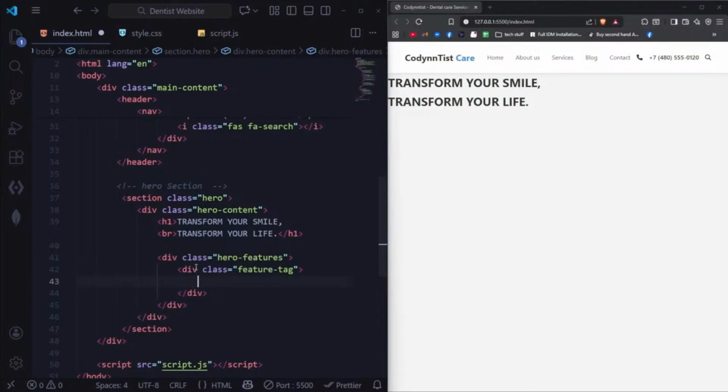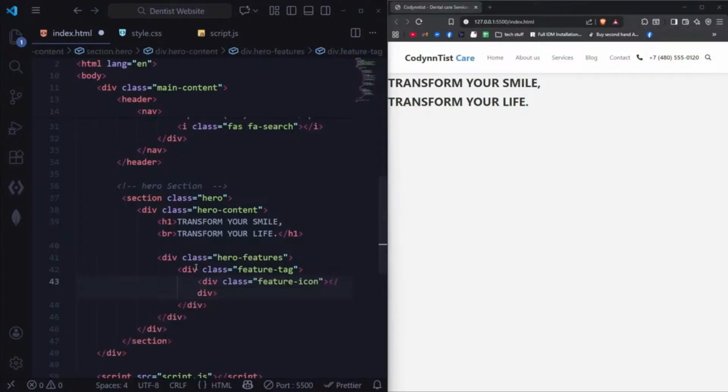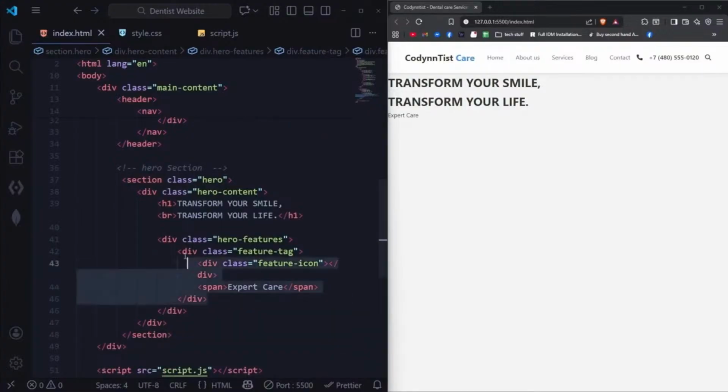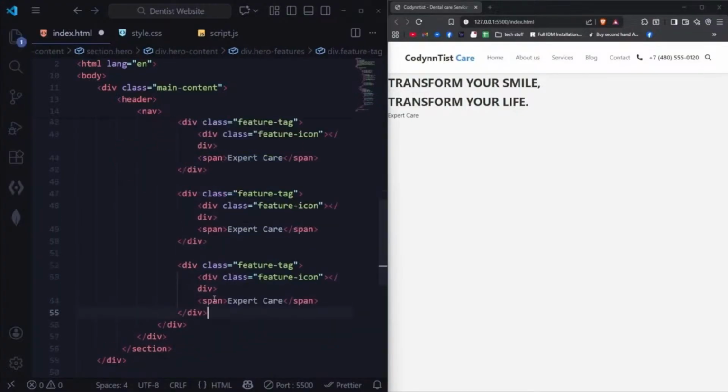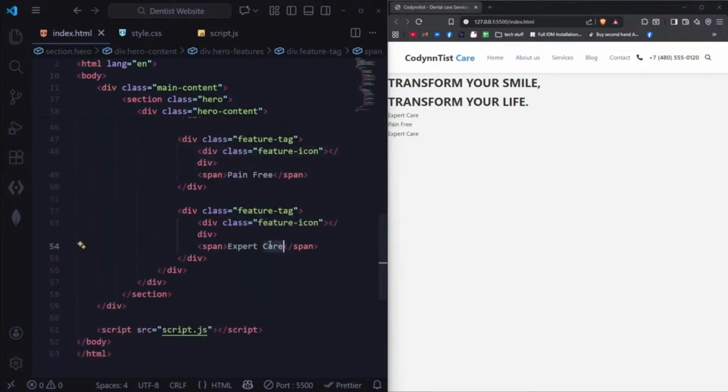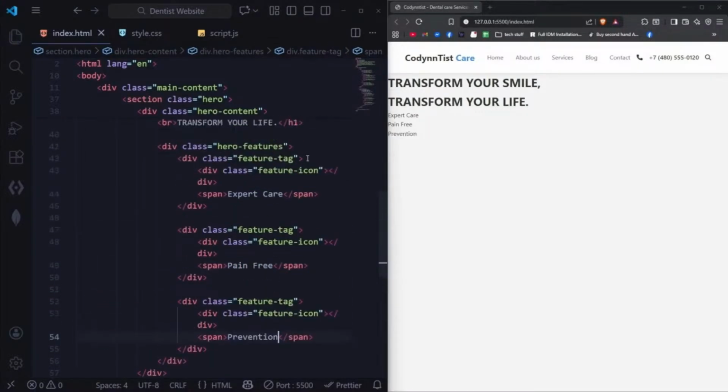Here what I can do is make a div called feature icon, right? I'm gonna make another span tag saying expert care, like that. Next, I can just basically copy paste this a bunch of times to duplicate that and basically change the text here. So I'm just gonna do pain free. I can just change that to about prevention. And that is pretty much it for our features,